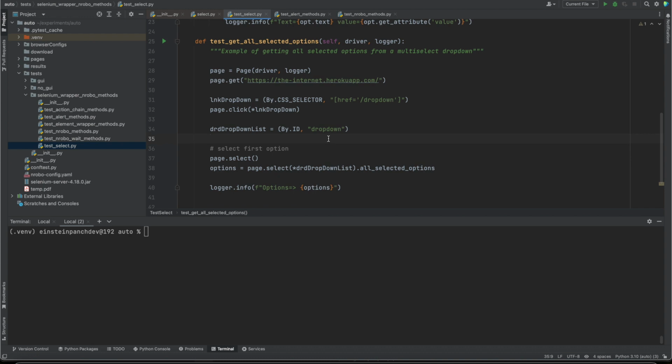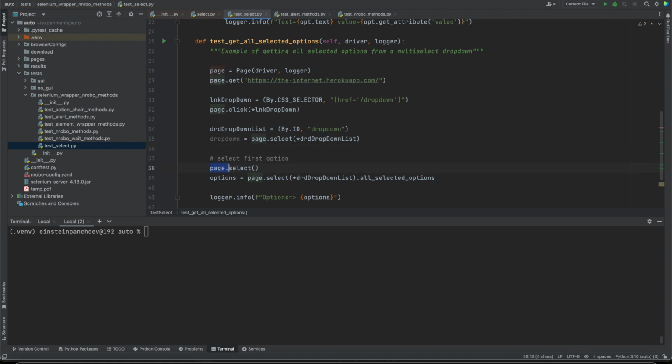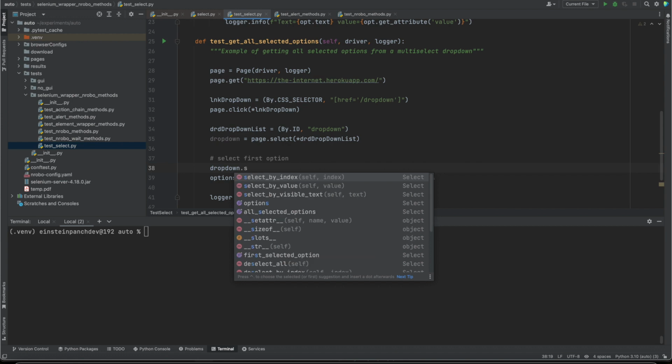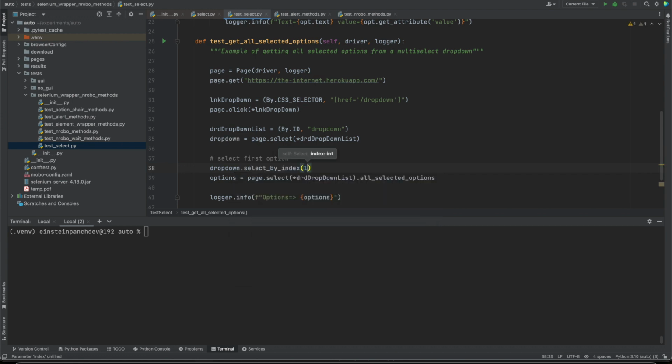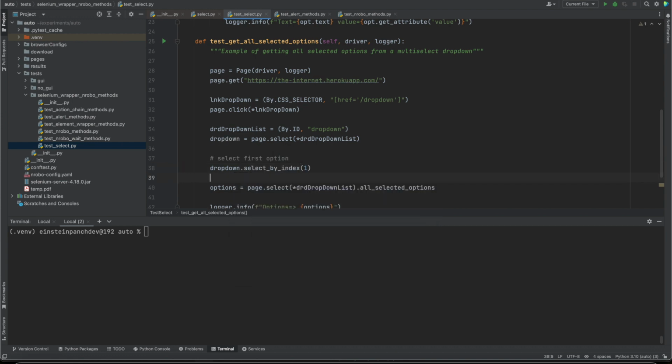Let's create a reference, paste or select, and then we can use dropdown.selectByIndex(1), and then we can get